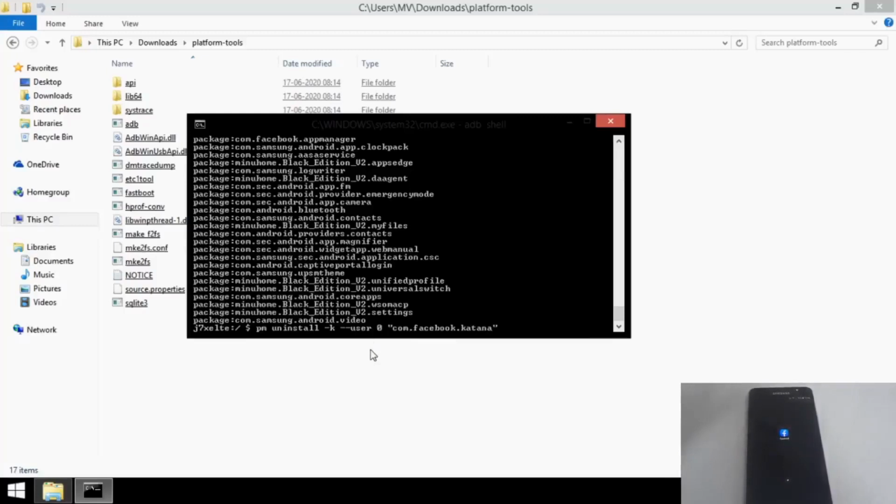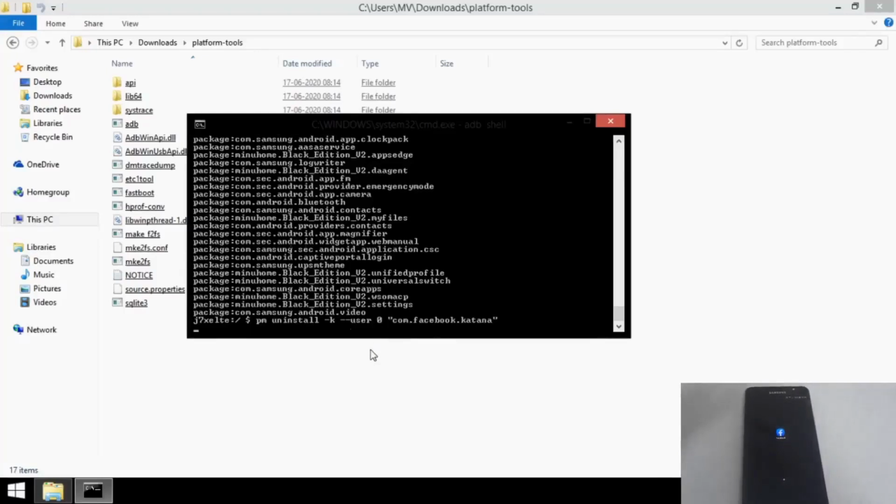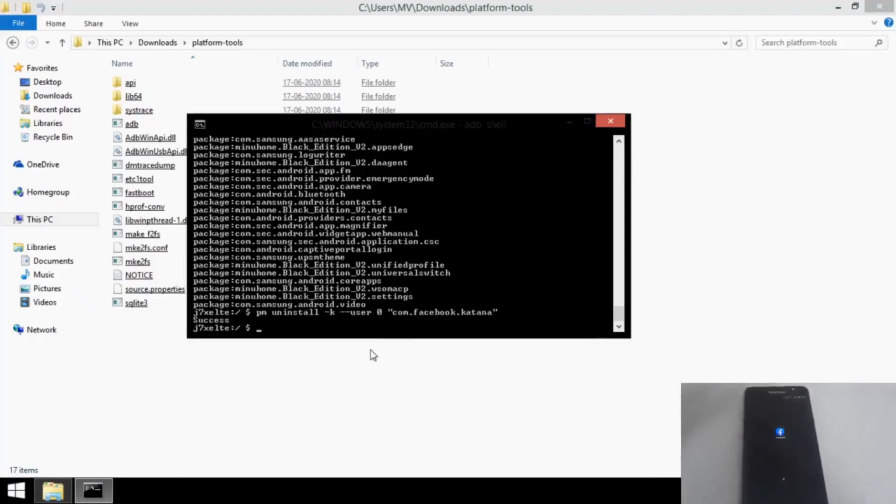Then you have to hit enter. Now I would like you guys to focus on my mobile screen. As you all saw, the Facebook app vanished from there.